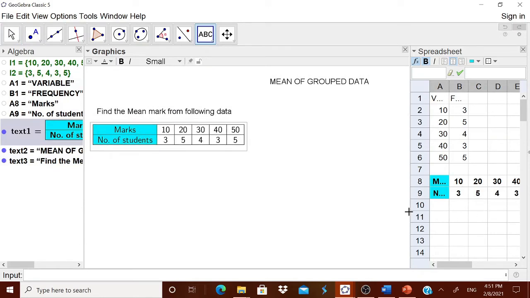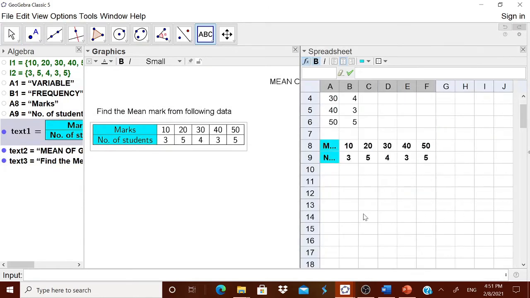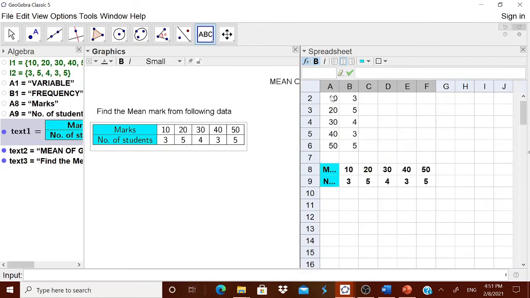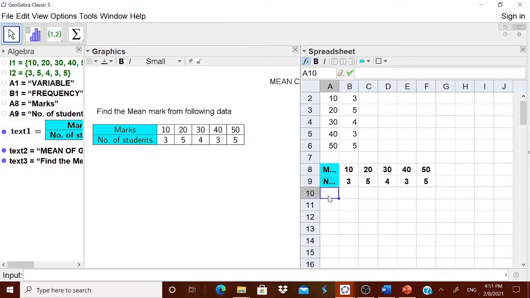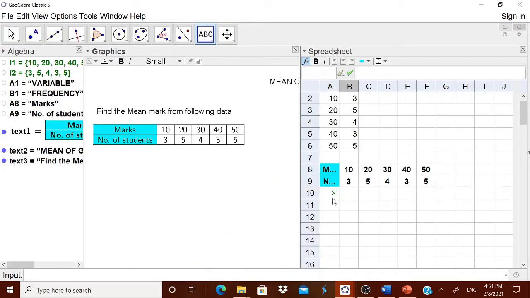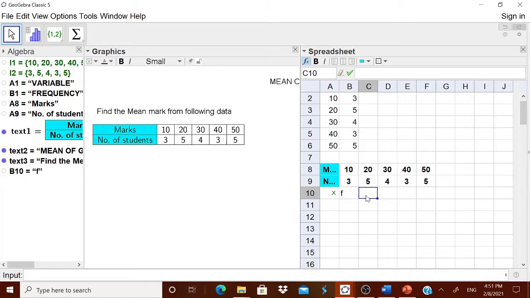Now let us go for its calculation. That's also very simple. Here you know that it is in A2. Therefore here you can have x. Okay, sorry, here you can have x. I think a line will come, therefore just remove it. Then here you can have f, and here you can have fx. What is x here? It is equal to A2. What should become here? It is equal to A3.